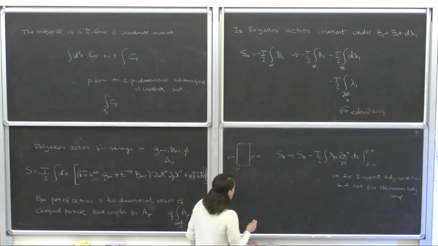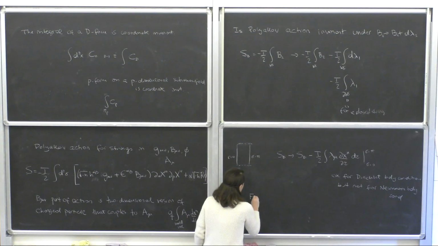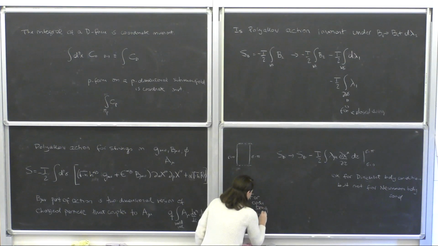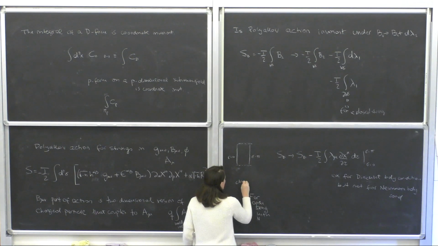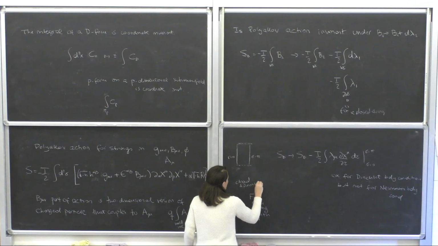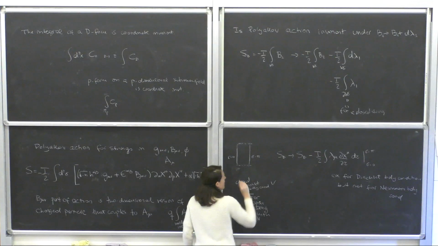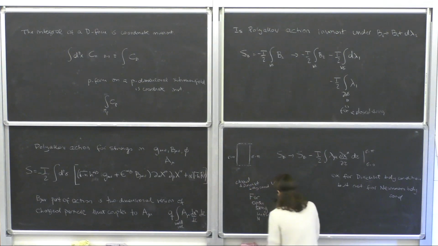So what you get is, for closed strings and Dirichlet boundary conditions, the action is invariant. For the open string with Neumann boundary conditions,